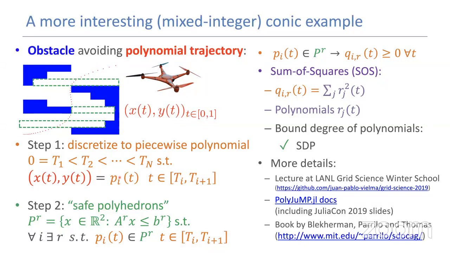But in addition, by doing it piecewise, I can actually incorporate discreteness to try to avoid the obstacles. And the idea is very simple. Instead of trying to avoid the obstacles, I'm going to delineate these green boxes that could be boxes, but could be general polyhedrons, which are places that I know are safe. As long as I'm strictly contained in one of these boxes, I'm not going to run into any of the blue regions.